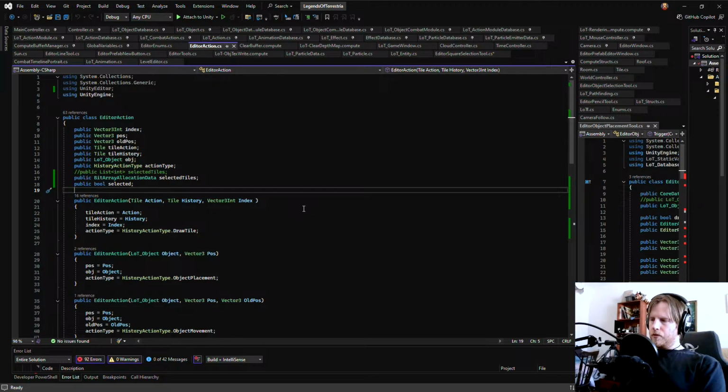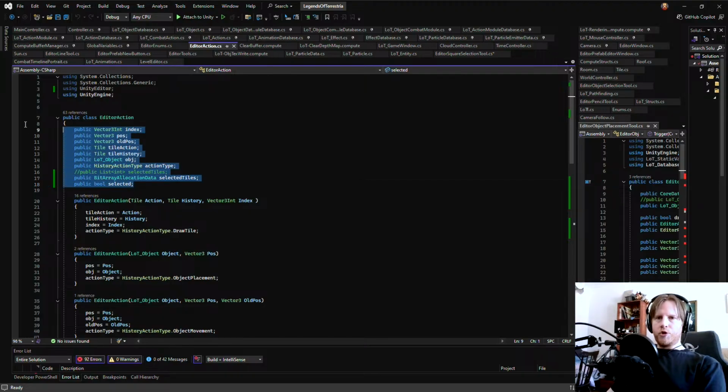Because if it was actually like that, then the action itself could contain more information, which I think would be good. But I don't think we actually need it. So I don't think we're gonna change it.